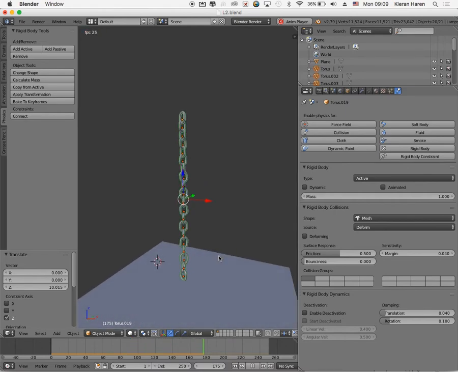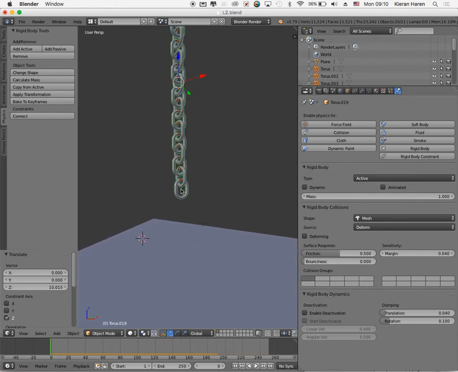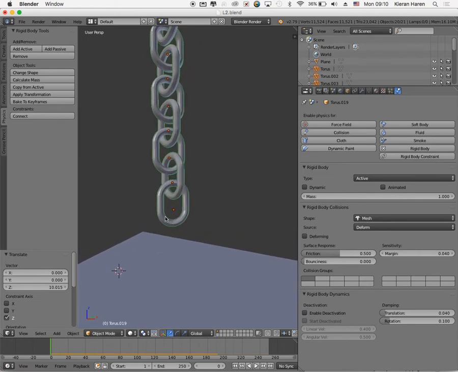Okay, so skip that. Now we want to zoom in onto the middle or to the bottom one. So hold down Shift again, pan down, zoom in. So this time press A to unselect everything. Right click again to select. Okay, so this time we want to go into edit mode from here. So whenever you add an object in object mode, it becomes a separate object, but we want to add something to this one. So we press Tab